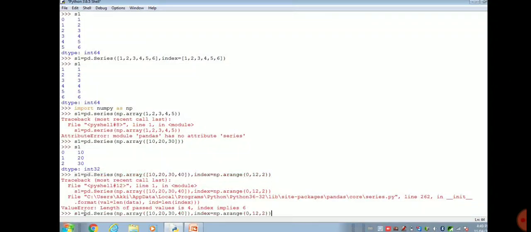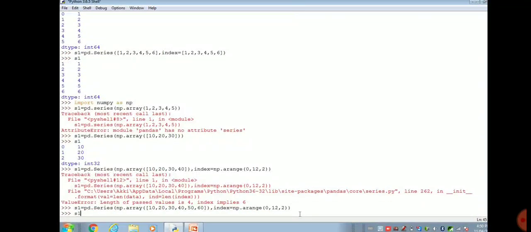So it will give you an error: length of passed values is 4 and index is 6. Again we will give 2 more values, so now we will get the proper answer.